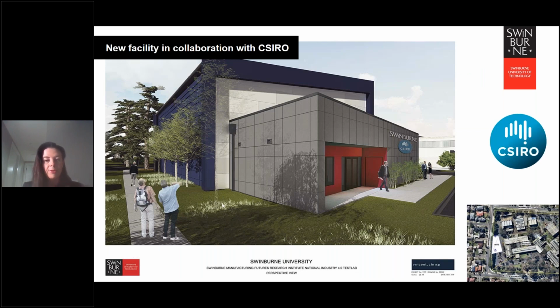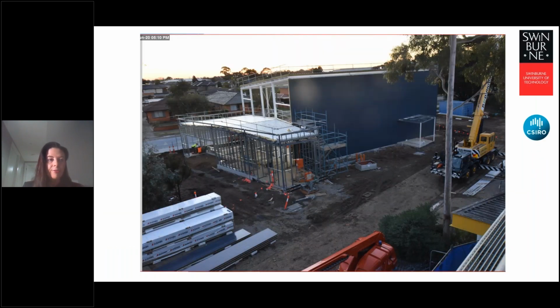This is a rendering of what the facility will look like. And this is an actual photo from the time-lapse camera that was just taken within the last day of the construction site as it is emerging from the ground. You can see that we have a roof on the building, we are constructing walls, and the building is due to be complete at the end of September, which will time perfectly with the arrival of the equipment from Phil, which will arrive in early October. We're very excited about that.